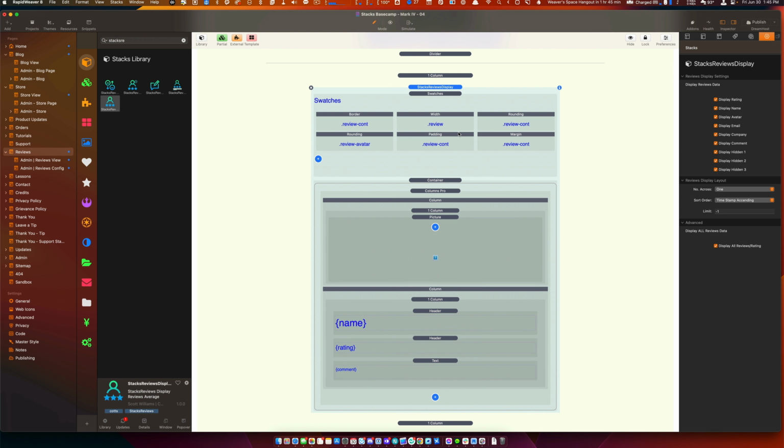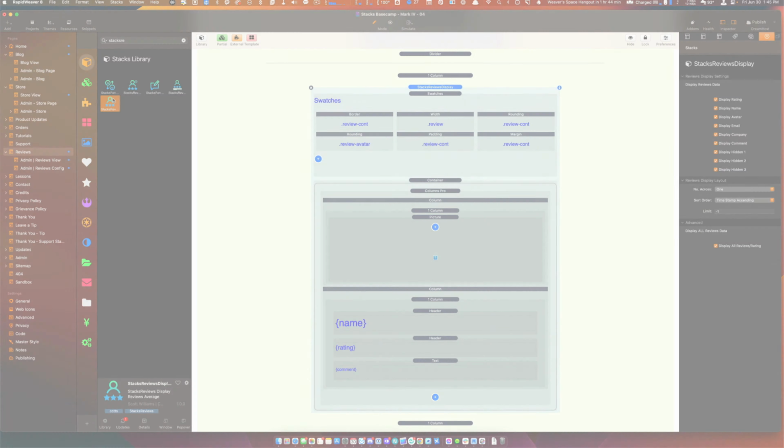So I hope you guys enjoyed that. I hope that I didn't bounce around too much. It's a little complicated, when you have 5 different stacks to go over, but really the setup is pretty simple. And in the next video that I make, I'm going to show you guys just how simple that is. And that's it. So that is the Stacks Reviews set of stacks by